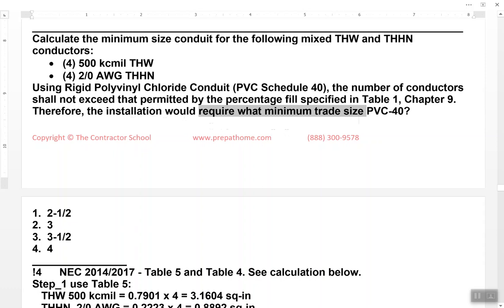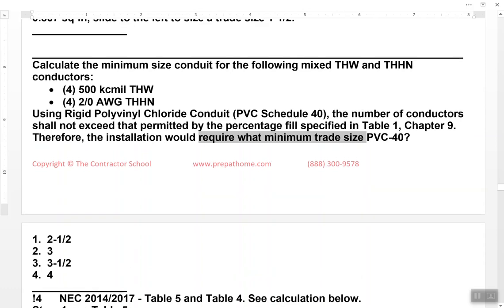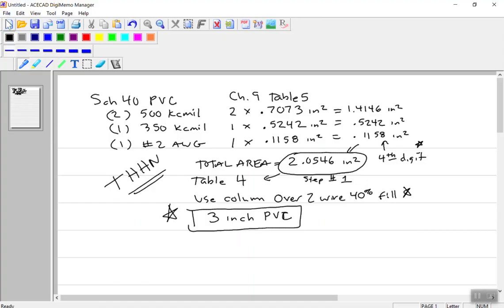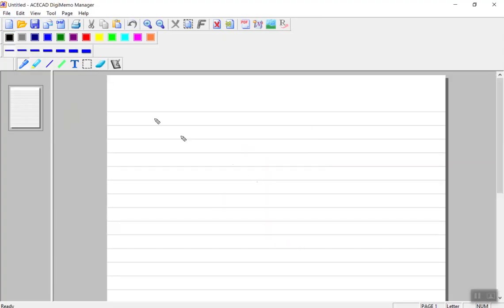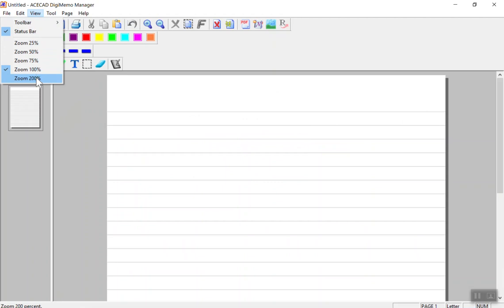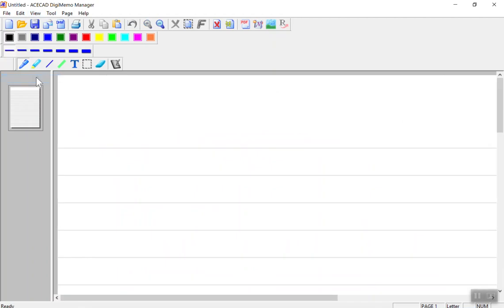Okay, the installation. So, okay, so let's knock this one out, right? Let's get the math in here. If we've got 4, let's go back to the notepad here. I want to clear this thing out. If you could clear it, get yourself a new page, that would be great. Or if it fits on the same page for you, then that's wonderful. Okay, but we do have 4 500 kcmil,